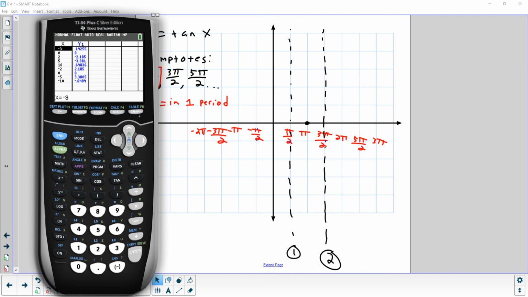Usually we have an asymptote at like 3, and then I say, okay, what's a little bigger than 3? And you say 3.001. Well, try pi over 2. You get an error. Can't do that. I want to try a number just a little bigger than pi over 2. So you could type in 1.58, or you could just say, all right, try pi over 2,